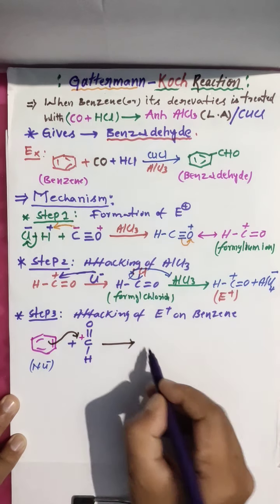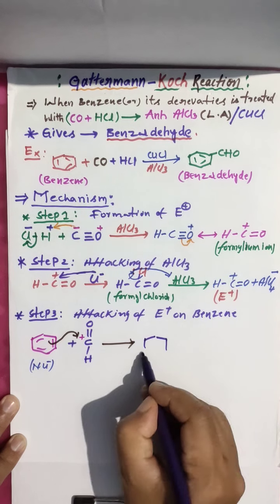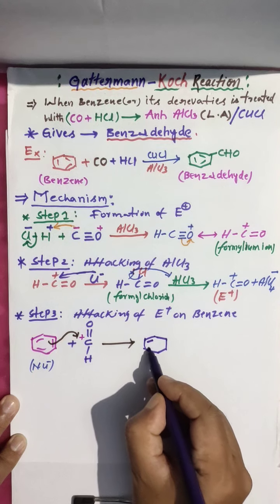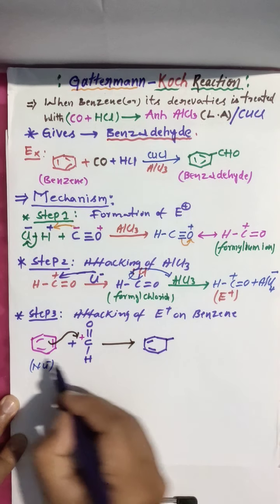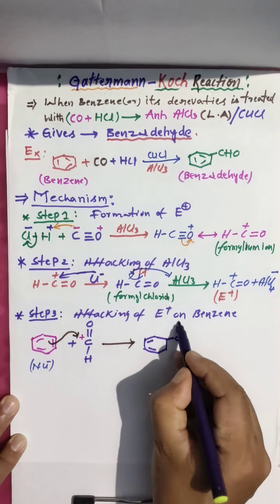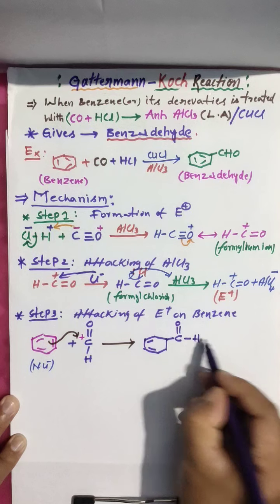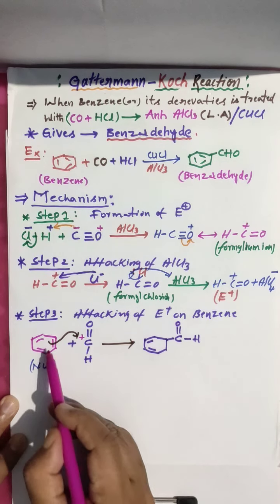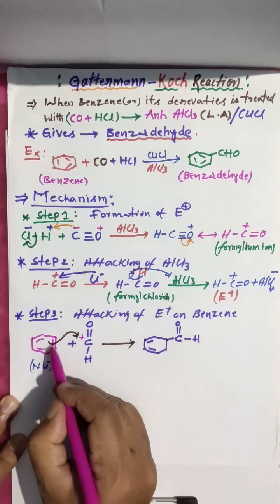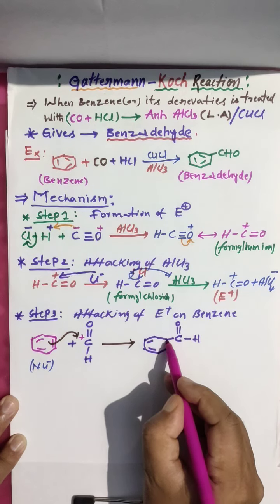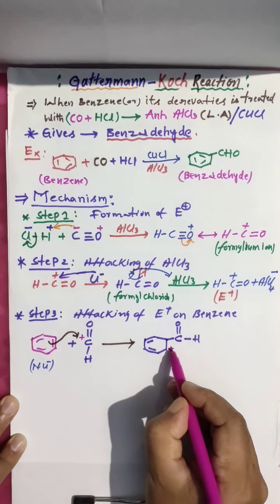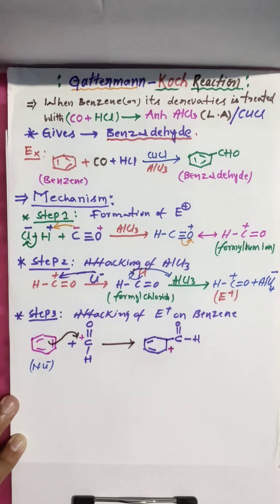Look here, when benzene donates the electron pair, this double bond is going to break. Here double bond, clear? C is bonded here, here double bond, and here we have H. When we shift this double bond to here, these two carbons' valency is satisfied by this double bond, this carbon is satisfied by this carbon, but this carbon is vacant. That's why it will get a positive charge.